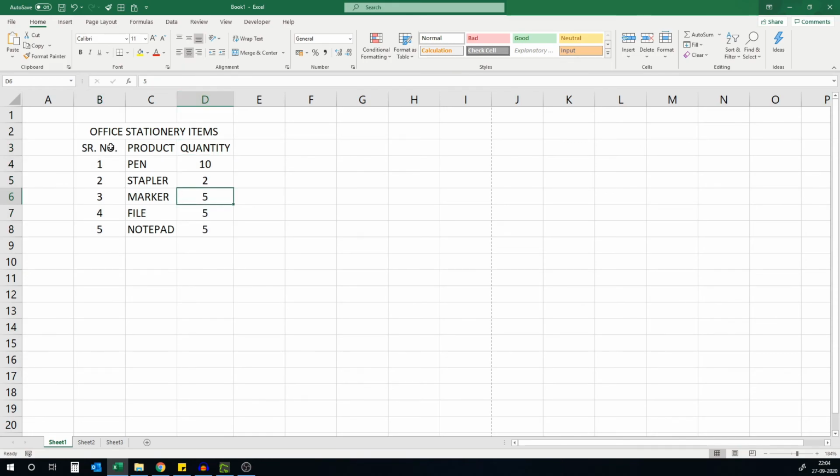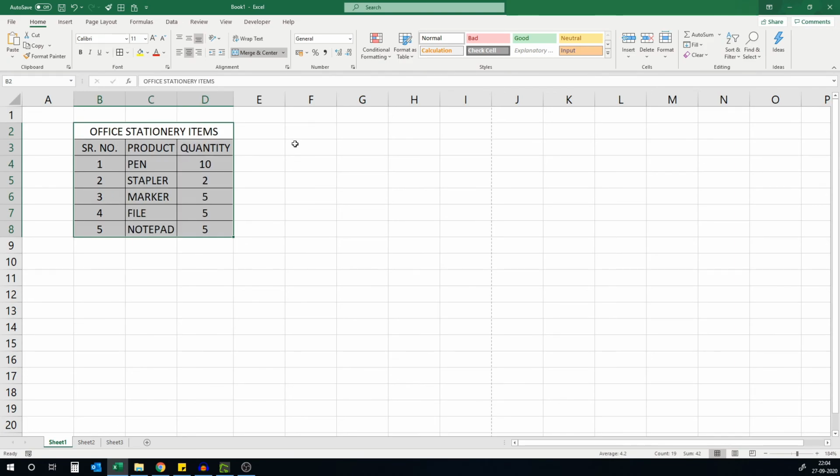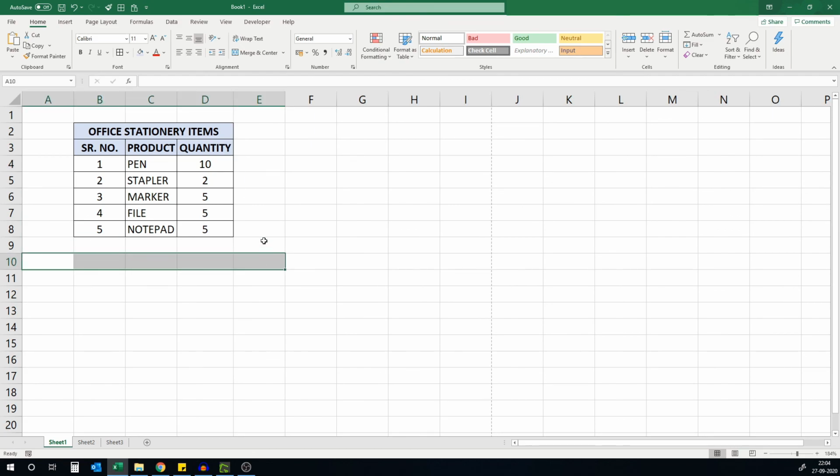Now we can select our data and add borders to the cells. We can make the headings of our list bold and add some background color to the cells. So as you can see, our list of office stationery items is ready.